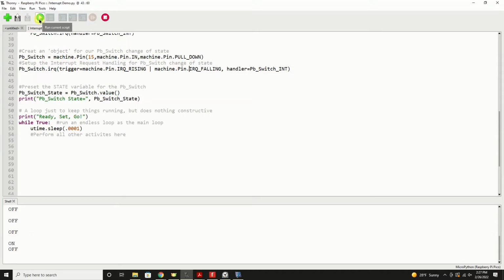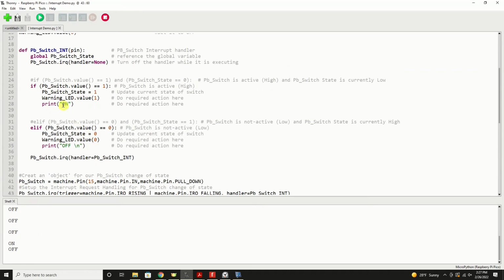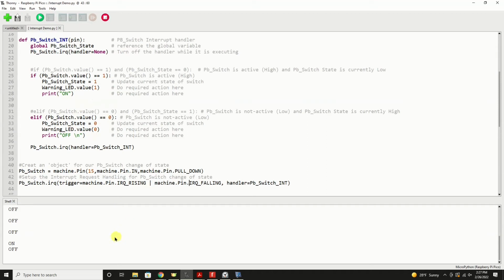And what I want you to see is the area down below here where it's printing out either on or off. I pushed it in. We see our on. I'm going to release it. And we got a whole bunch of on, off things. Not real logical looking, is that? You would expect it to be on, off,